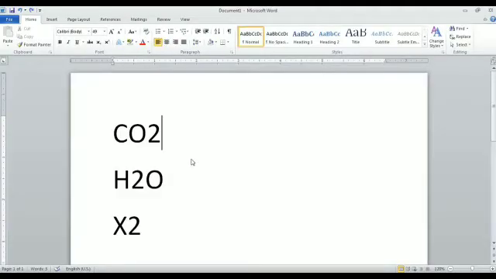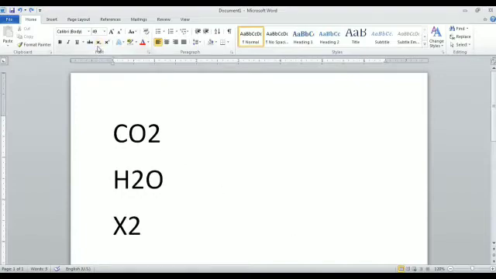First, subscript. Subscript is a number or letter that appears a little below the normal line of text. Superscript is a number or letter that appears a little above the normal line of text. It is displayed in a reduced font size.